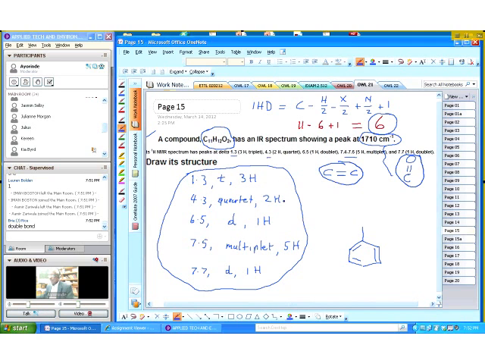Now, having said that, let us take a further look at this molecule. What are the other obvious pieces of information that we see here? We have 3 hydrogen, triplet. 2 hydrogen, quartet. What does that tell you? A quartet, a triplet. That is excellent. So you guys have given us all the fragments. For us to have 3 hydrogen here, you have a CH3,